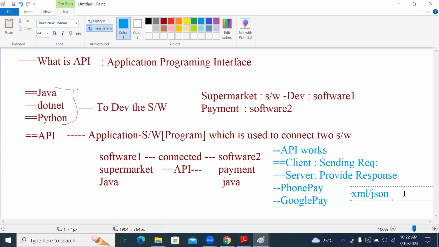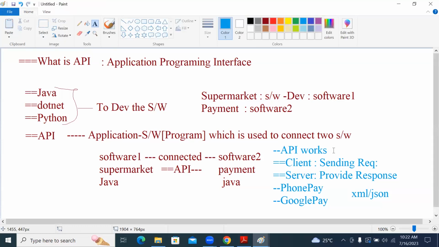Now, how does an API work? It has two main components: the client and the server. The client sends the request and the server gives the response, provided through XML or JSON format.